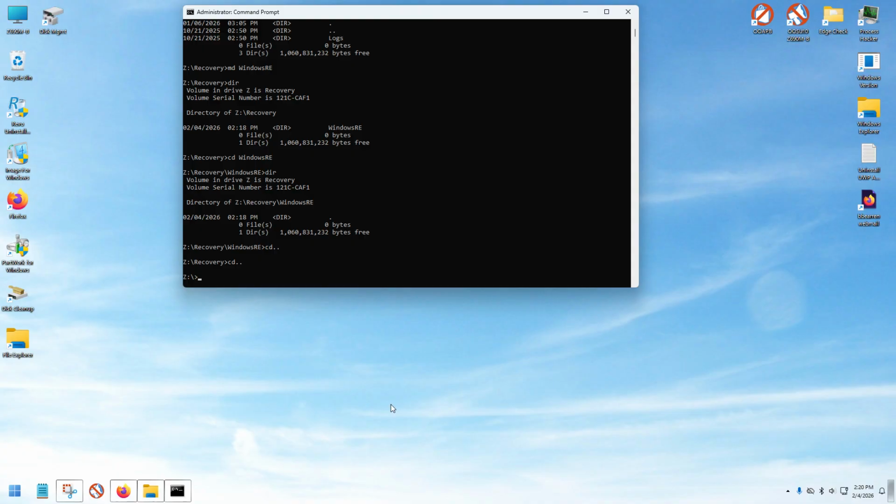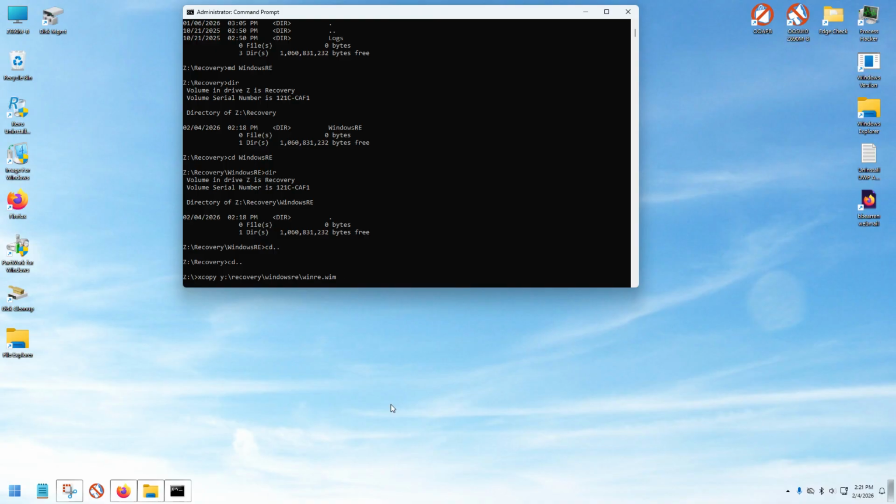And we'll type in Xcopy Y. And you don't really need capital letters because command prompt is not case specific. Recovery, Windows RE, WinRE.wim